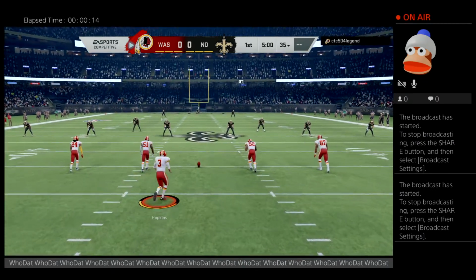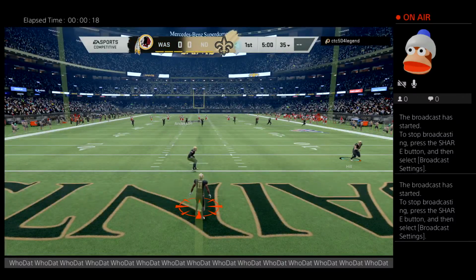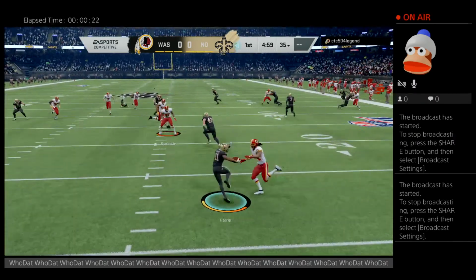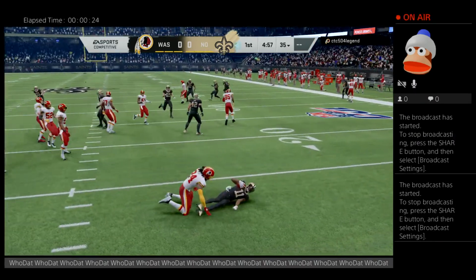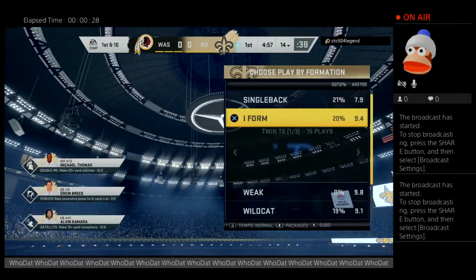The kicker, Dustin Hopkins, set to get this one going. And we are underway from the Superdome. That'll be taken in the end zone. And he probably should have stayed in the end zone as he'll muster a return up to only the 14-yard